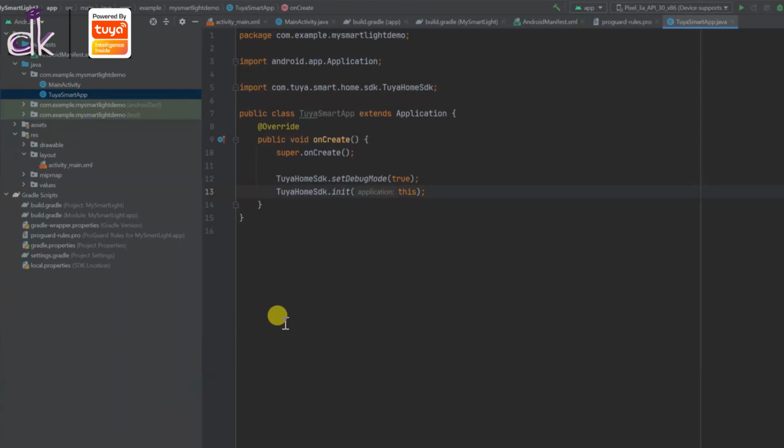So Tuya Home SDK will let you do that, and Tuya Home will also allow you to get all the devices in your network, and you can see that on the cloud as well, right? So all those things you can do, and for that we'll go over to main activity, right? So we want all that to be done in the main activity where we allow the user to log in.